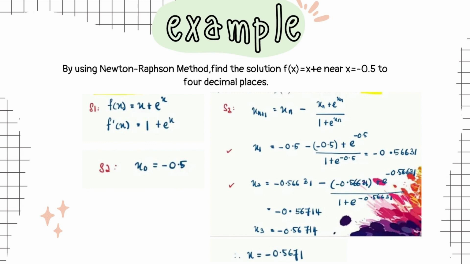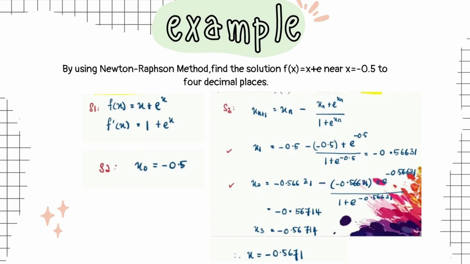So we get x1, our initial value here is x0 = negative 0.5. So we substitute: negative 0.5 minus negative 0.5 plus e^(negative 0.5) over 1 plus e^(negative 0.5). Just press your calculator and you will get the answer,